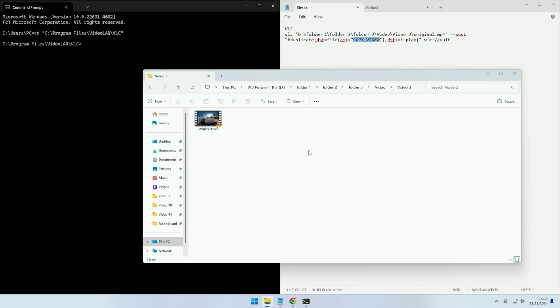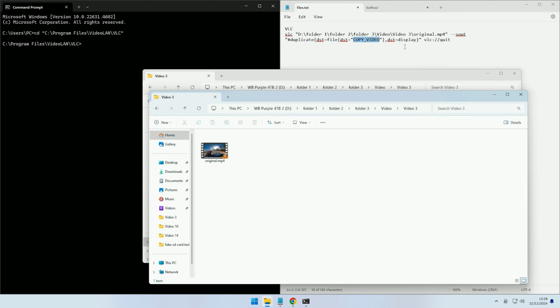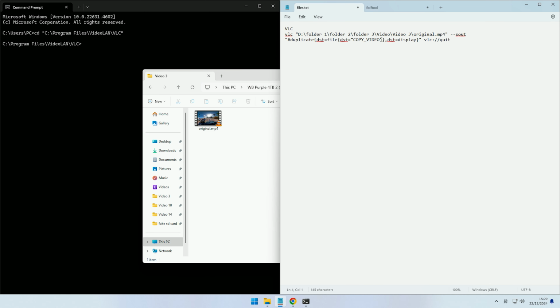So I'm just going to open a new file explorer again, and I want the new video to be located on the desktop, so I'll just click on desktop, and then I will just right click on the top bar and click copy address. So that will be the address of the desktop location. If I just highlight over copy video and I paste that on, that is currently the directory location of the desktop folder. And now we just need to do \ and then the name that we want the new video